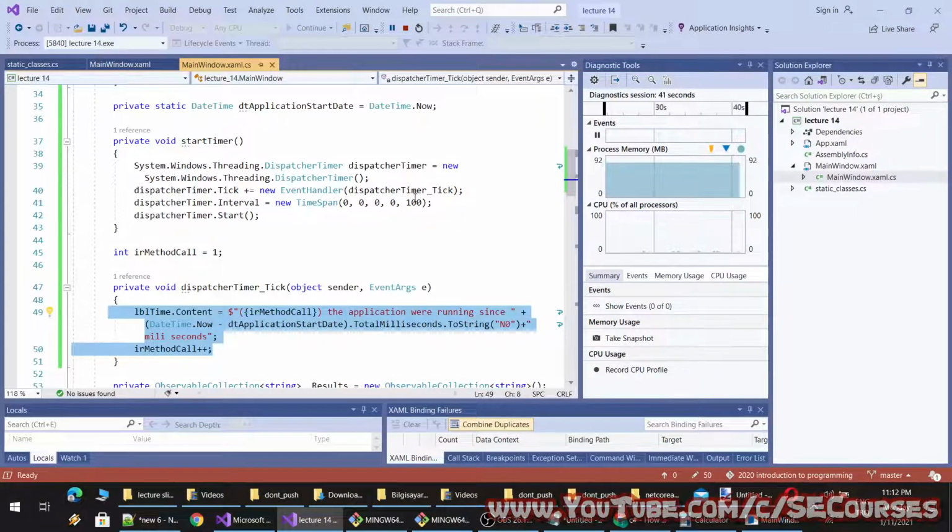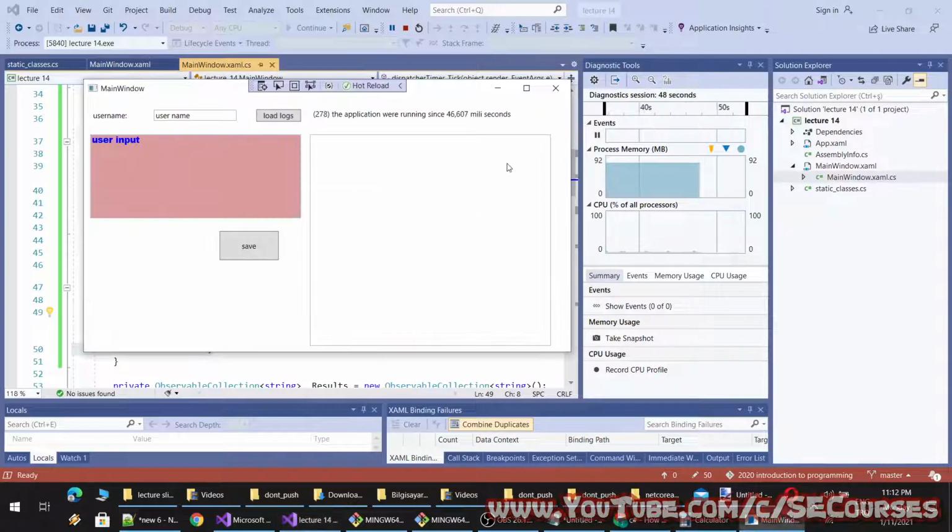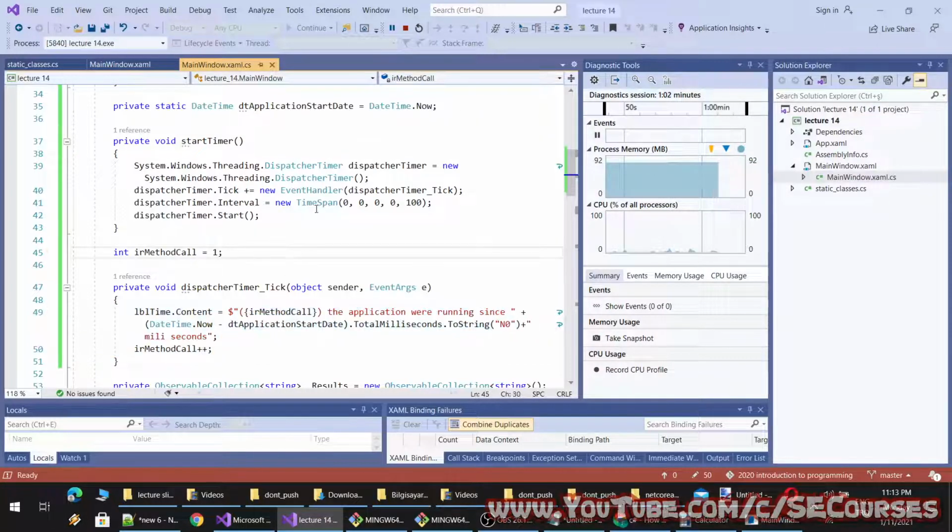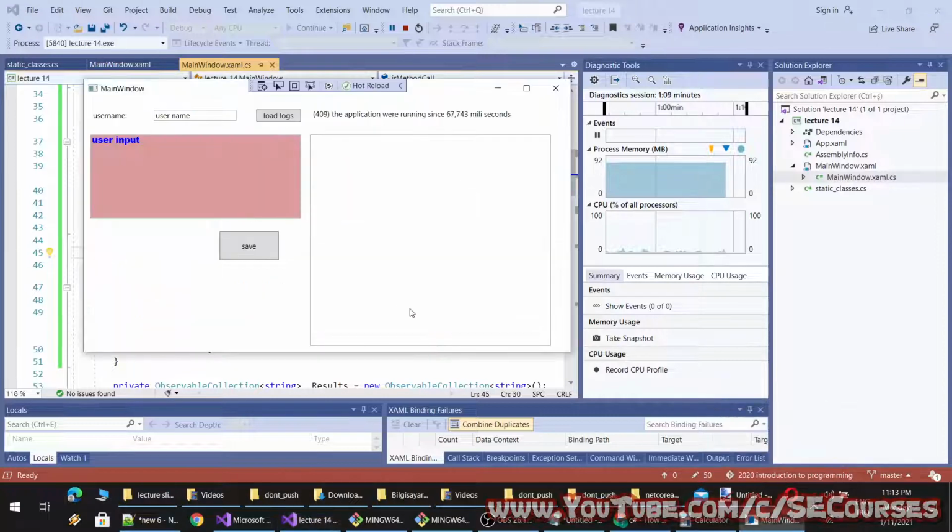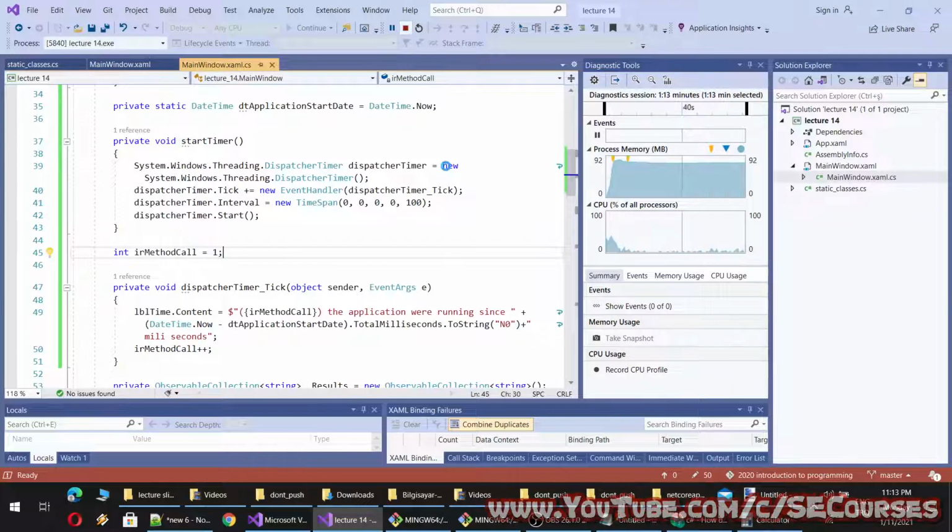Okay, so these time ticks are not that much precise. It depends on your application speed, and therefore you need to consider that as well. I think they are being added to the queue of the application after each tick, and therefore you would need synchronization. Okay, you get the idea.